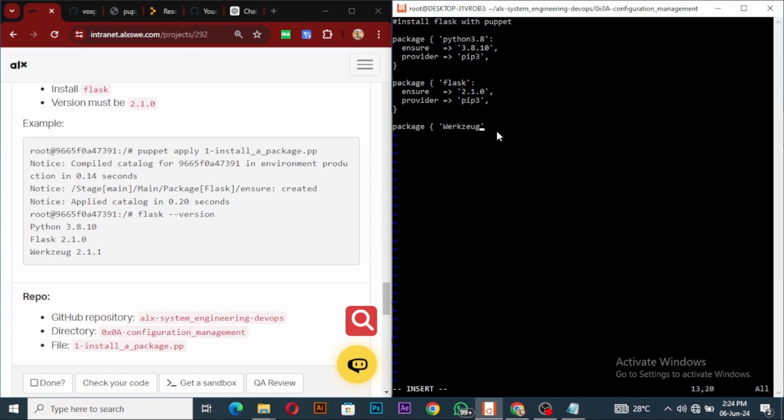Sorry for my pronunciation, Werkzeug, right? So put a colon here and then two spaces, and then I'll say you should ensure that the version is 2.1.1. We put a comma, and then the provider also should be pip3,